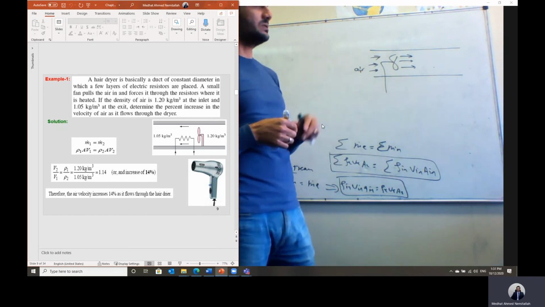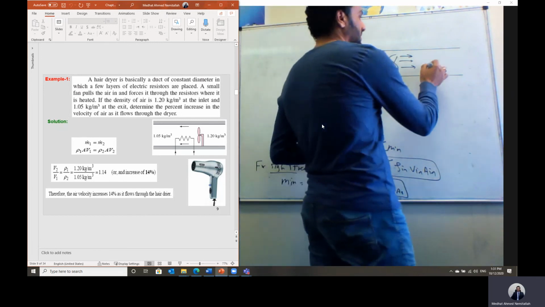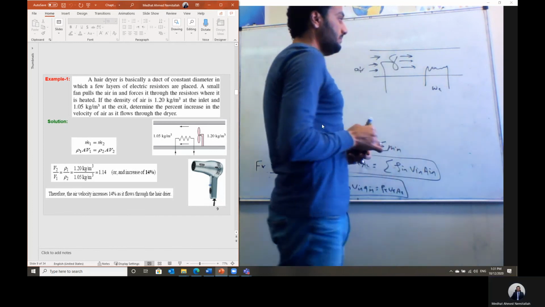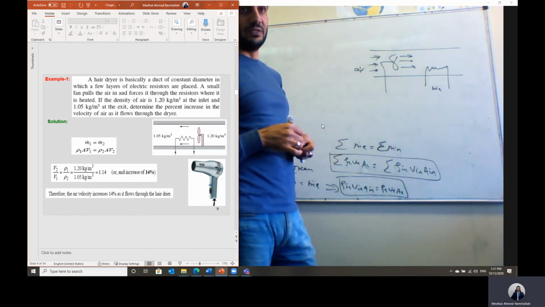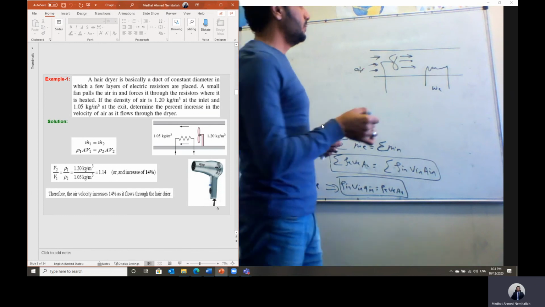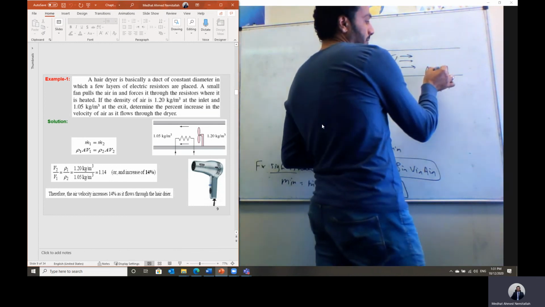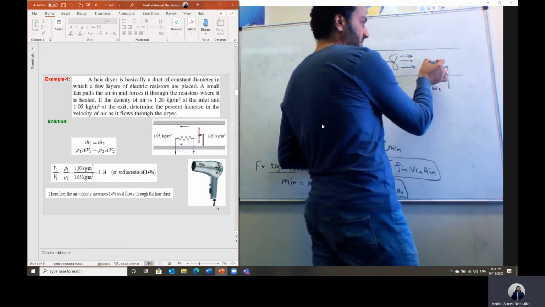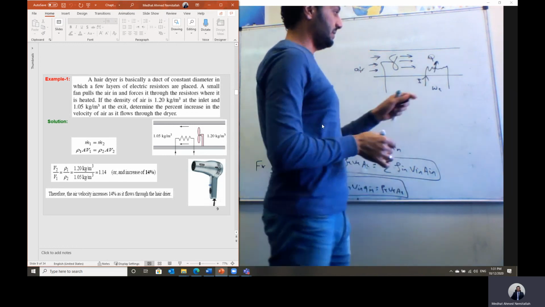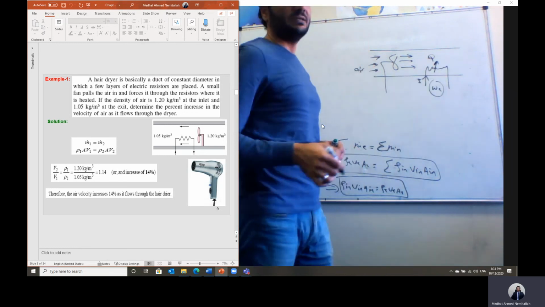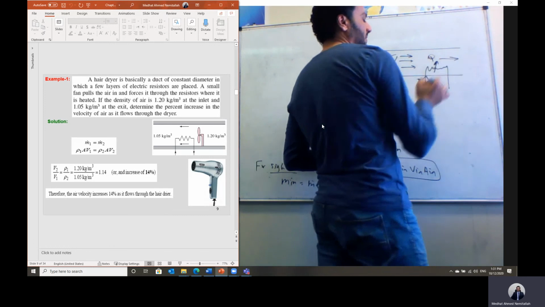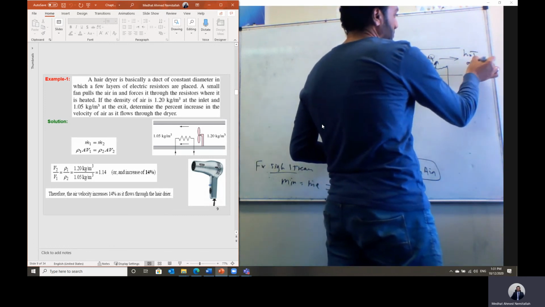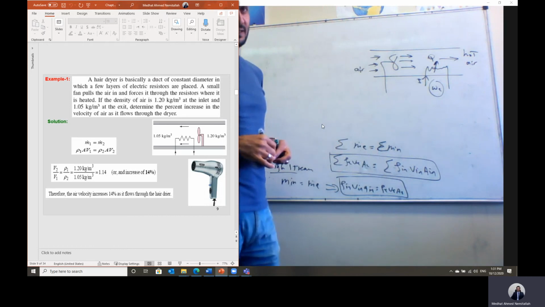The fan will be forcing the air to go through an electric heating coil. So we have electrical work input in this case. This electric heating coil, as you know, is a high resistance coil. So when the current is passed through the system, this electrical energy will be converted to heat. And this heat will be absorbed by the air. And at the exit of the air dryer, we will have hot air.